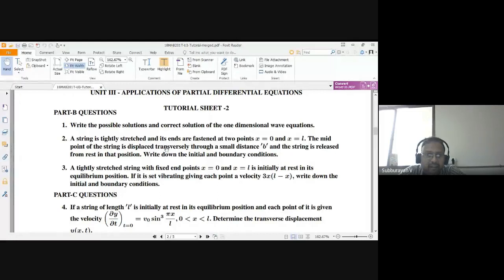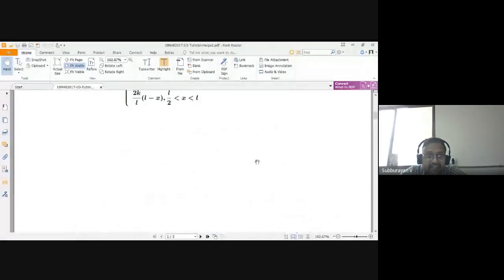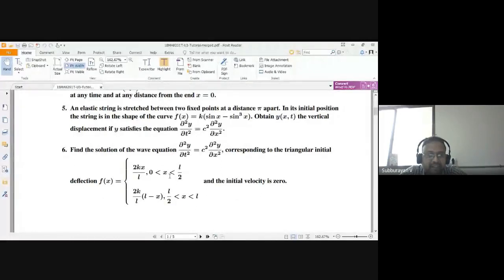Okay. Have you seen this problem in the earlier tutorial? Look at this. This is the same thing. In place of k, if you put b, then this is the first shape of the function. Okay. This is the shape of the function. Now tell me what the shape is. Y of x comma 0 equal to